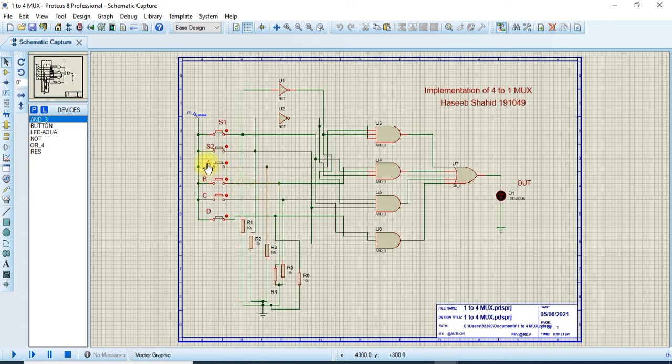As you can see, these terms A, B, C, D are the data, and this is the selection term. If I apply 1 at A and start the simulation, in order to represent that 1 at the output, we need to change the selection to 0 0.